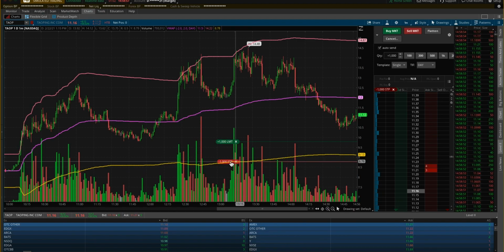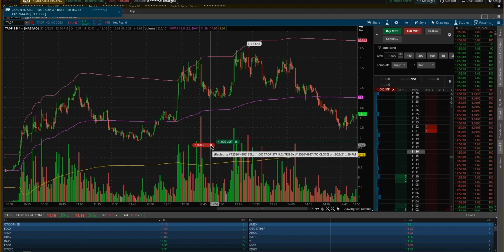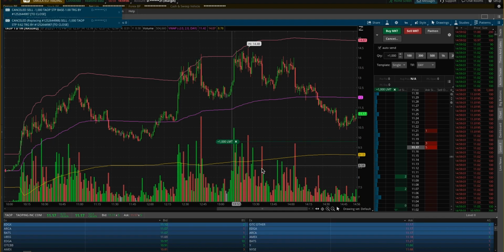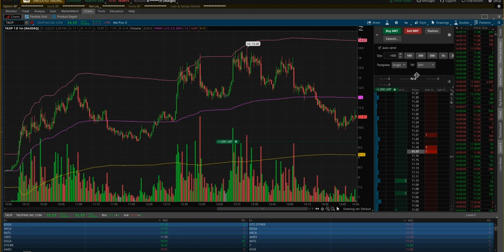Immediately, especially if you're watching. Now, if you're not watching it, move this up to a good stop loss area so you're not going to watch it. But if you're watching it, immediately just get rid of this so you can sell it. So boom, click on that X. Now you're just waiting to get filled. As soon as you get filled, you're immediately going straight up here and getting half your share size in immediately. That way, as soon as you get to a good target point on the bounce up,